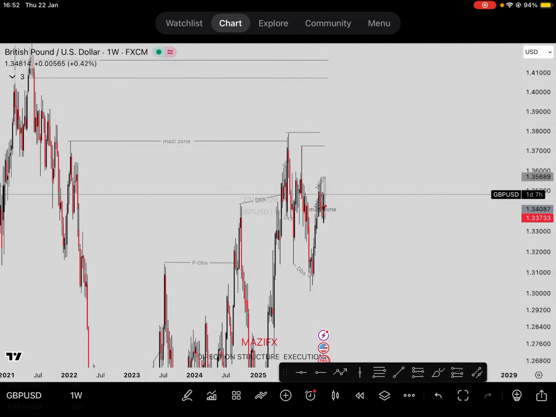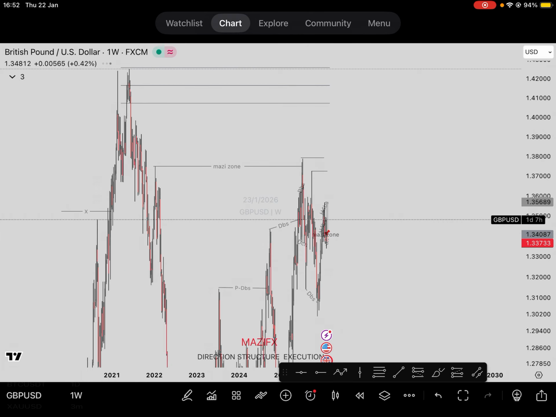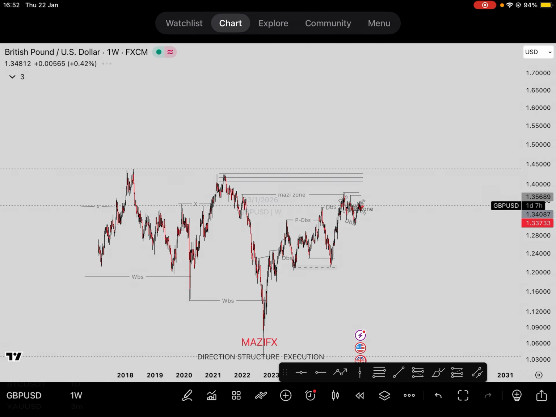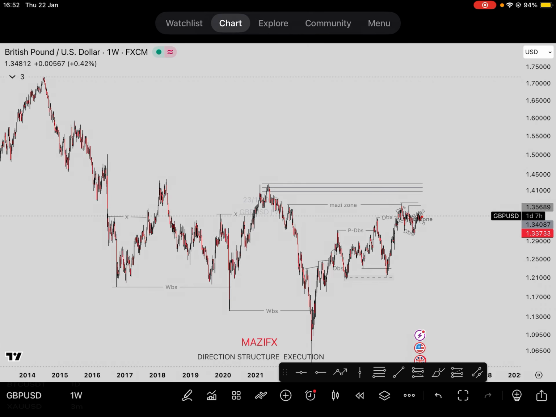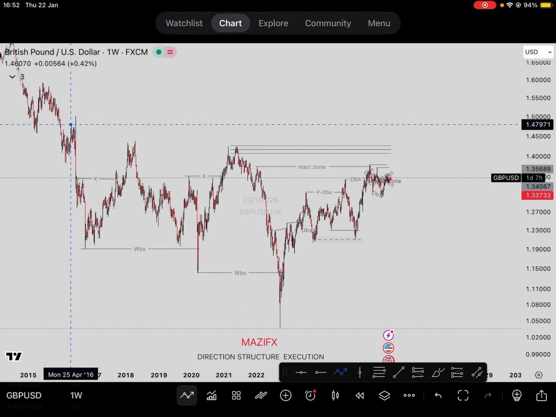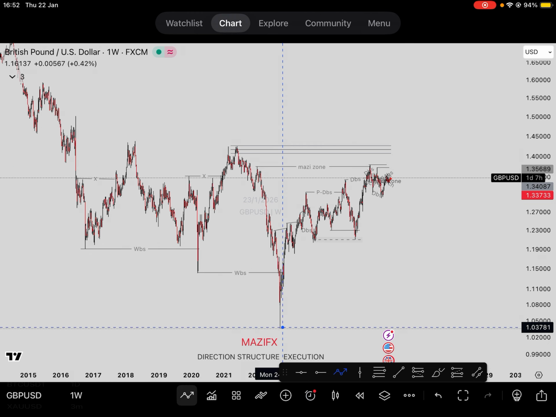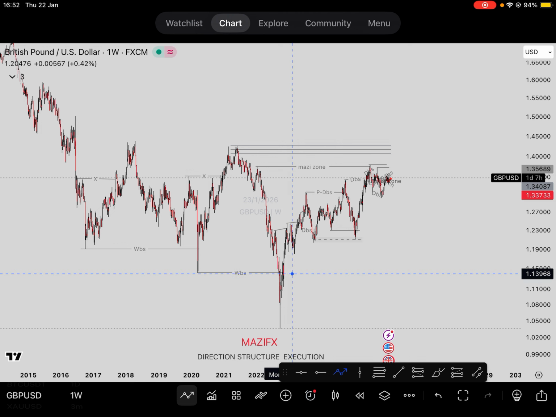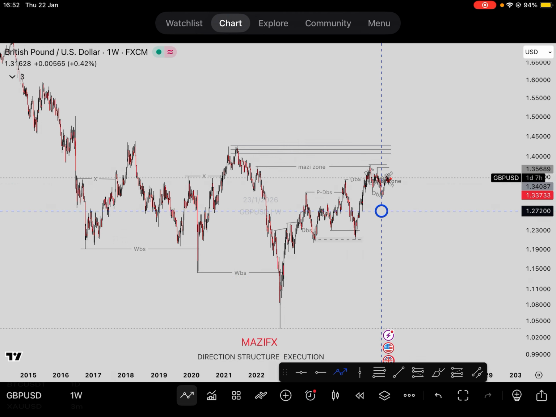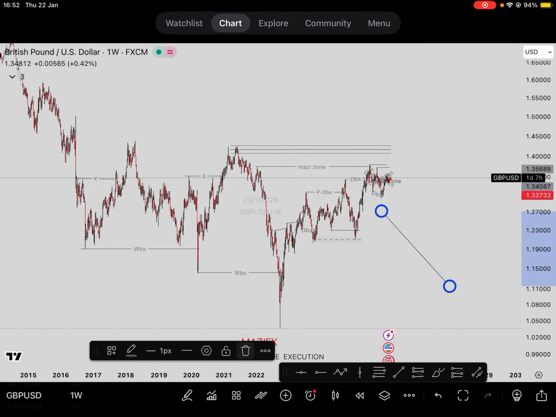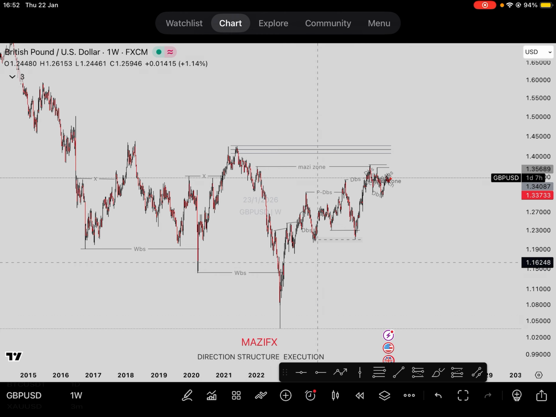Now, if I zoom out my chart, because what I trade is TFA, that's time frame alignment. That's what I call it, TFA. So, looking at the overall GBP USD structure, we can see that we are actually bearish, right? Since 2022 till now, we have actually been trading a retracement. So, we're hoping that price is going to come into this zone here, this zone here, this zone here for a sell to the downside.